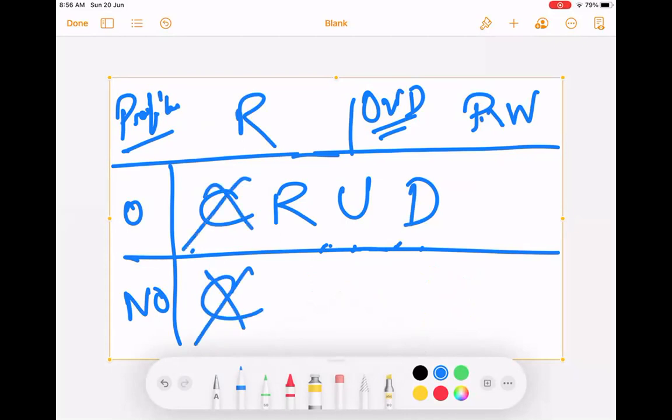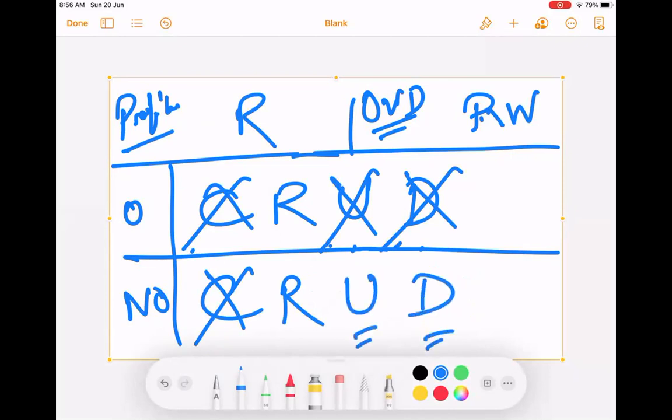Cannot create, cannot update, can read. What happens in U? What happens in D? Cannot update, cannot delete. Why? Because on the profile level, OLS, they do not have the permissions. So for non-owners, even if in OWD it is set to read write, the profile will overrule.